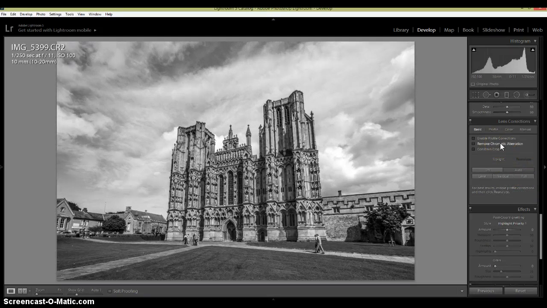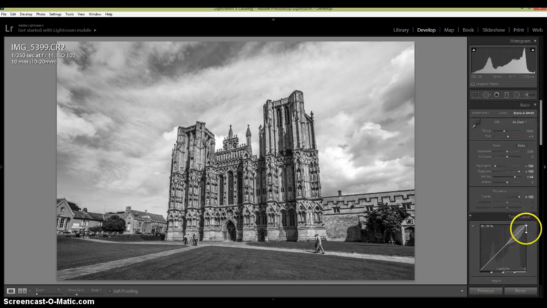And I think that sometimes the distortions that it will do for you will still be wrong. So if you switch to manual mode, you can actually do it yourself. So I think for this one, actually it doesn't need any of that. What you do is, if you just scroll all the way back up again,